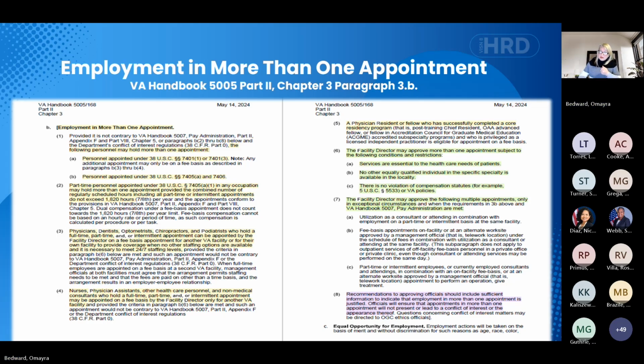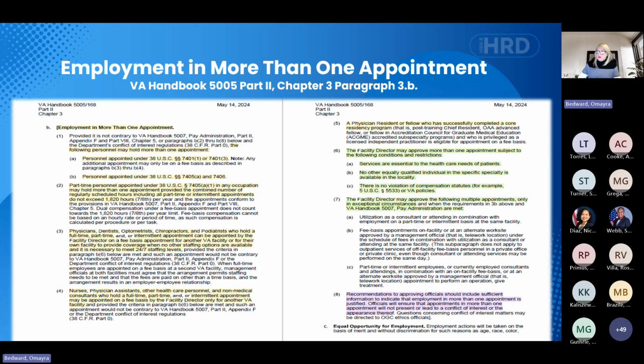Okay. So I am going to read the regulation because I want everyone to get the information and how it reads. This section is going to cover who may hold more than one appointment, and we're going to read what the regulation says in the next few slides. The appointments are in Title 38 and hybrid Title 38.